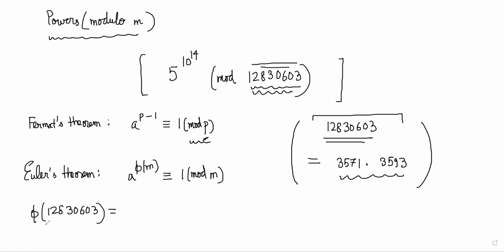Since Euler's totient function is multiplicative, and given its prime factorization, this is equal to phi of 3571 times phi of 3593. Since both of them are prime, the phi of them will be p minus 1. So this is 3570 times 3592, which comes out to be basically another big number, but it is smaller than what we started off with,